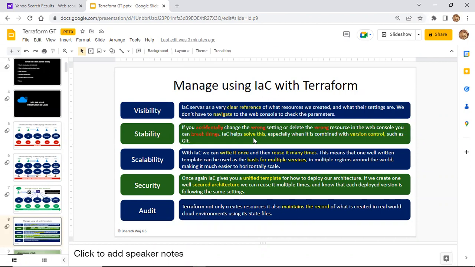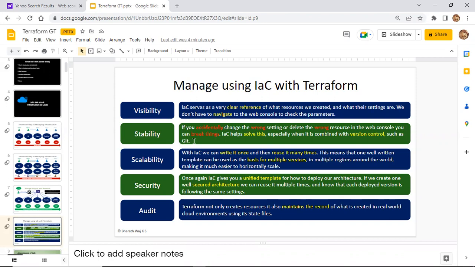So how are we going to modify those things? We'll have the code. This is code. We can keep the code in Git, right? There we can save different versions of the same code. If my version 2 has some bugs or is not working properly, I can roll back to my previous version, which is version 1, right? That is what we call scalability. It is achieved through Git.